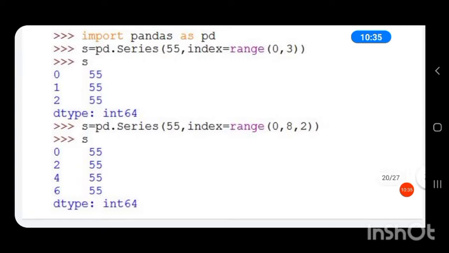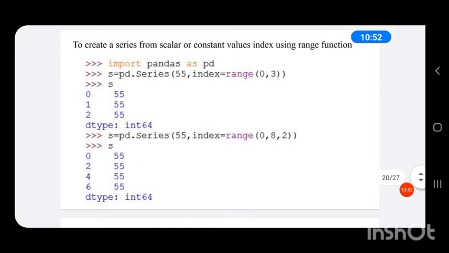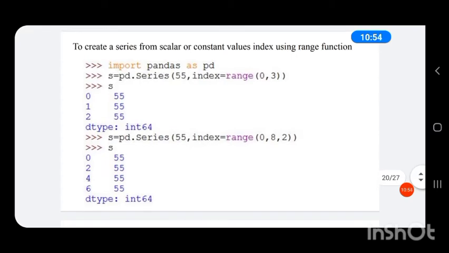For each index value, the same data will be given: for 0th index also 55, for index 2 55, for index 4 also 55 and for index 6 also 55. So we can create a series using scalar or constant values, and we can generate the index values using a range function.